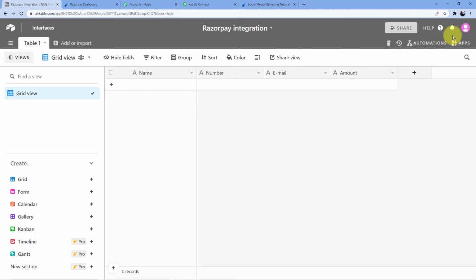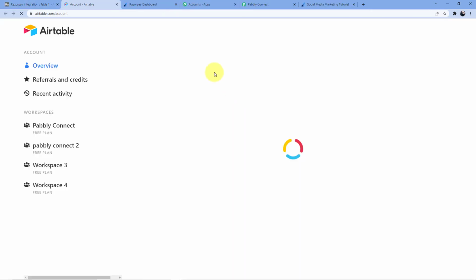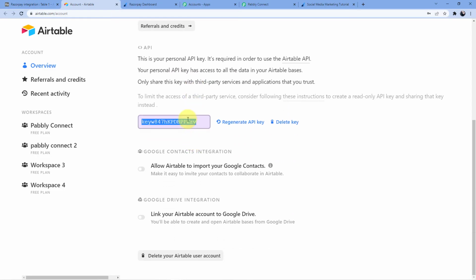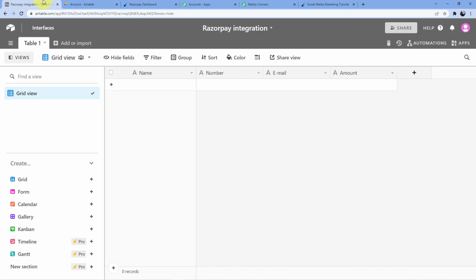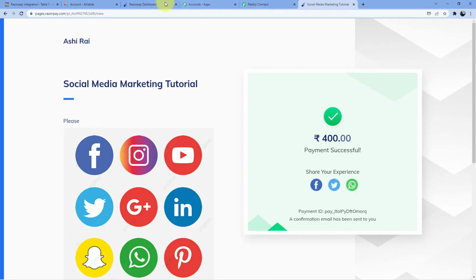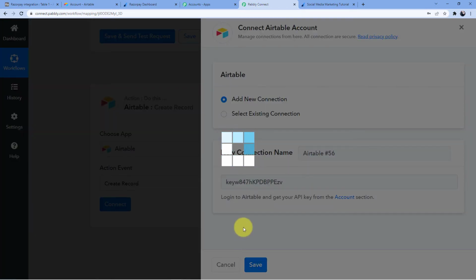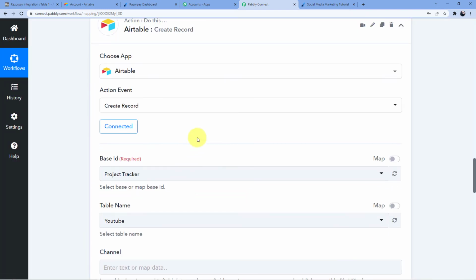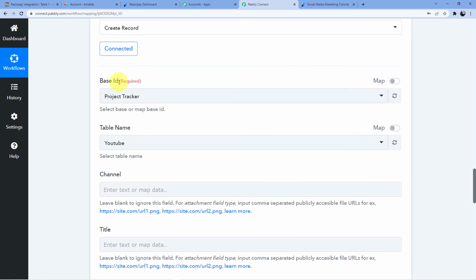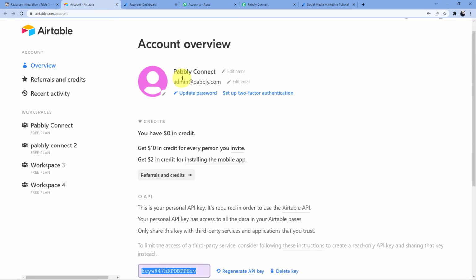You have to go to your Airtable, then click on account, then copy this API, go back to Pabbly Connect and paste this. Okay. Now save it. And as soon as you save it, you will see that your Airtable has been successfully connected to your Pabbly Connect.